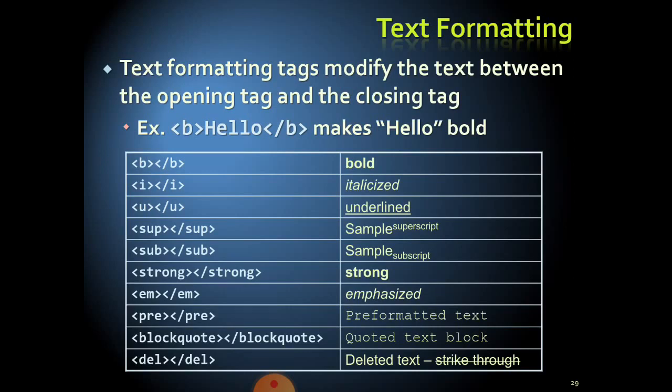And at last we are having the text formatting tags. The text formatting tags modify the text between the opening tag and the closing tag. In between we can modify the text at runtime. B is for bold face. We can print it in bold. These are all the paired tags we are having: B /B, I /I, U /U. B is to keep the text in bold face, I is to keep the text in italic, and U is for underline. The SUB tag is the subscript tag, and SUP is the superscript tag.